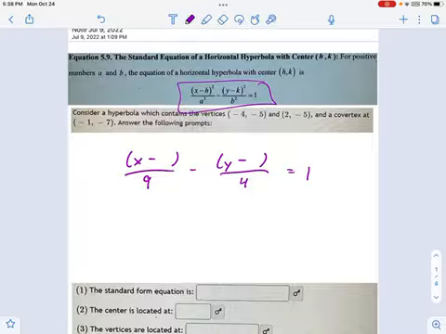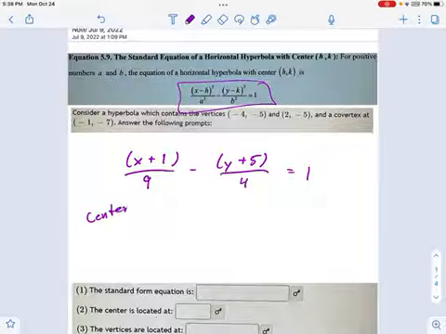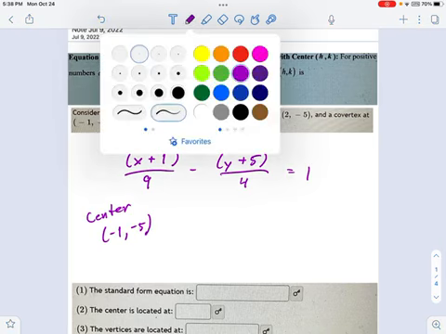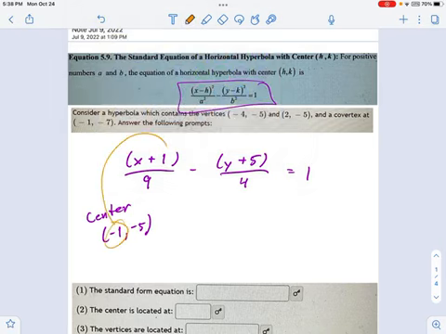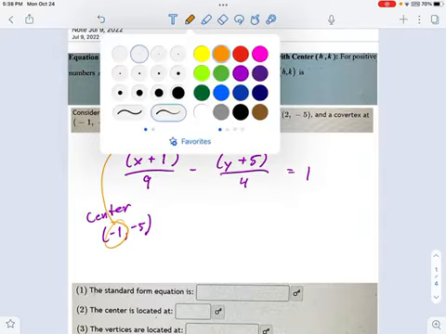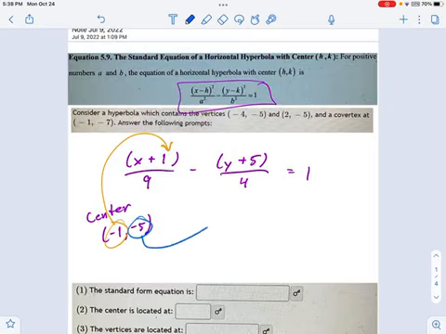Now the center of this was located at -1, -5, so that means +1, that's the negative x1, and +5. Remember where this came from. This came from the center being located at -1 in x and -5 in y. So just to point real clear where these go, that one went over here, and the y value of the center comes over there. Great. So now we've got the standard form equation.